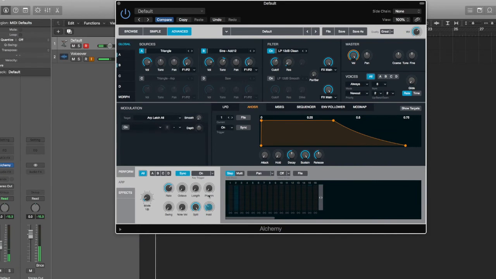The patch lets you put a hold effect on, again for when you're just playing in parts live. If hold is on, and I play a chord and take my finger off the keyboard, it will hold the arpeggio until I press another chord. You also have the option for add,